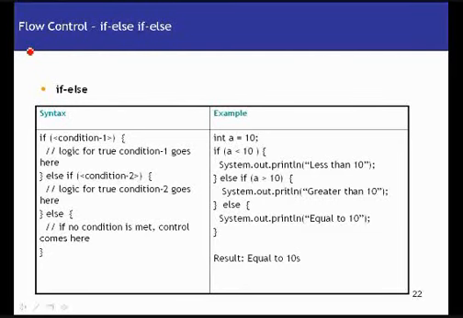Flow control in Java directs the flow of execution in your programs. So basically, when you write your methods, you would not necessarily want all the statements in your method to be executed sequentially one after the other, right? There might be a case where you would like a certain set of statements to be executed based on some conditions, or a scenario where you would like a certain set of statements to be executed repeatedly based on some conditions.